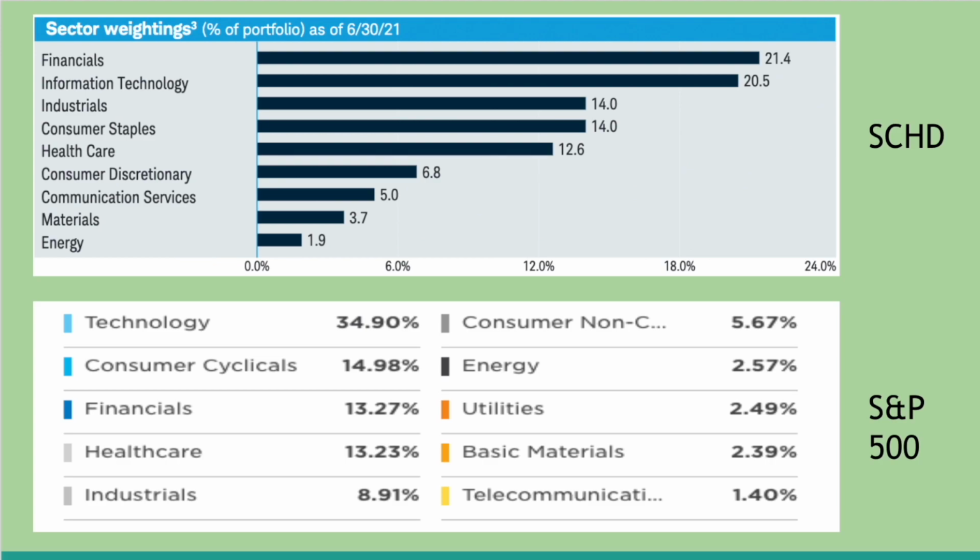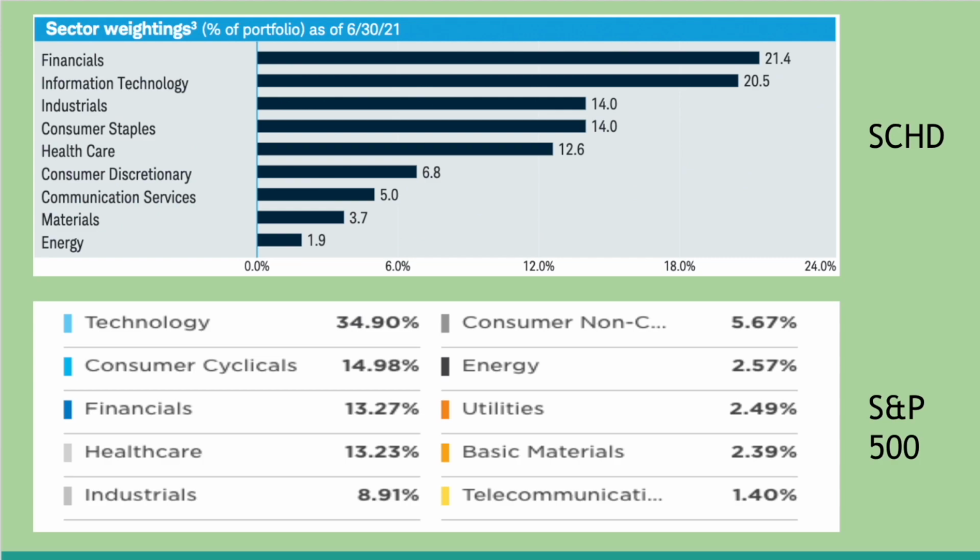So tech companies, they often don't pay out dividends, and if they do, the dividend yield is often pretty low because those companies tend to reinvest profits back into the business, hence why they might not even make SCHD's cut. Financials make up just 13% of the S&P 500, but they are actually the largest sector position in SCHD at 21%. Now, financial companies are quite the opposite of tech. They're usually well-established companies that do pay dividends, and these are also companies that tend to raise the dividends every single year. They also have to follow regulation on how clean their balance sheet can be. Or you would hope so.